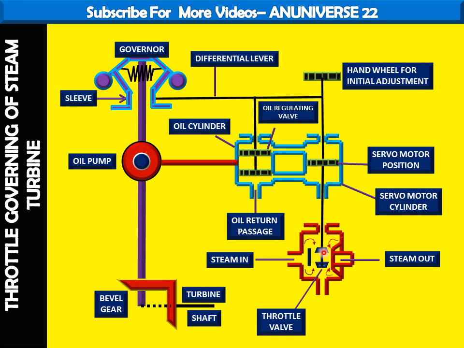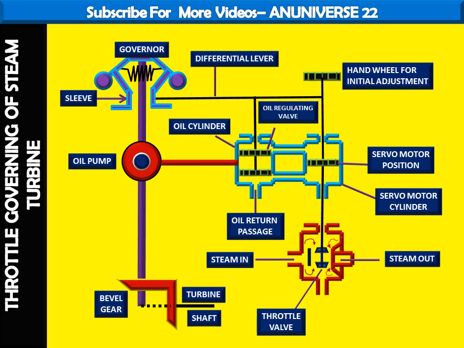and due to the downward movement of the relay piston the throttle valve changes its position, and we can repeat, the downward motion of the relay piston partly closes the throttle valve, and due to the closing of this valve there is a reduction in the steam supply. The reverse operation takes place when the load on the turbine is increased, and in all these processes this is reversed, and the flyball moves downward, sleeve moves downward, differential lever moves downward,